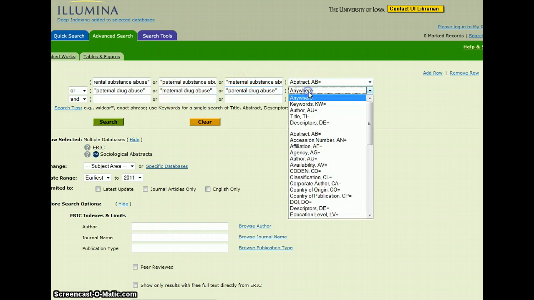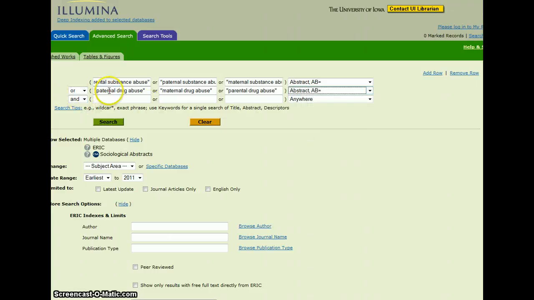What I'm trying to do here is think of as many different ways as I can to describe the idea of parents using drugs or parents using substances, or at least abusing them, and try to put them all together with an or, because as you found out, there doesn't seem to be a lot listed here, so the or lets me get the widest possible number of results with this. We can, on the third row with the and, type in something about juvenile delinquency or different examples of juvenile delinquency, but I'm thinking at this point we probably want to just see what's out there and have a wider range of things to choose from. So I'm going to hit search,